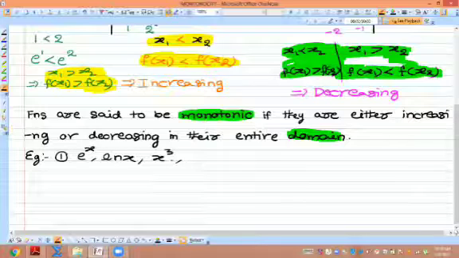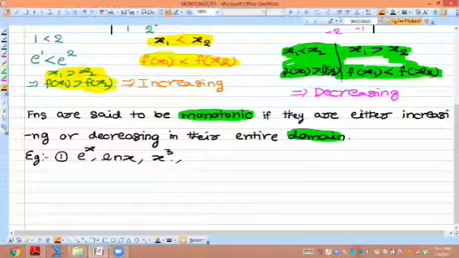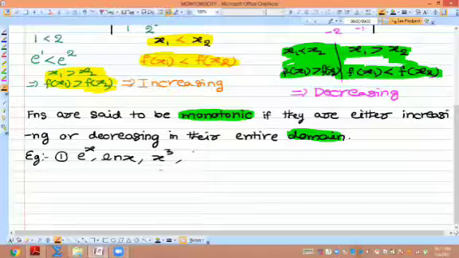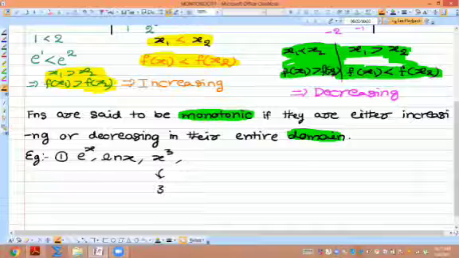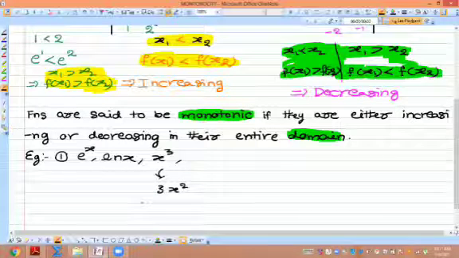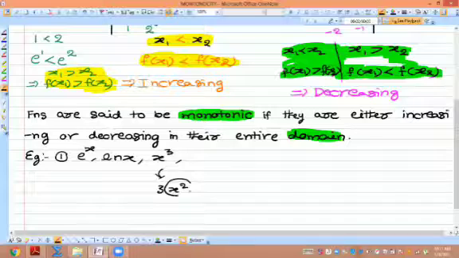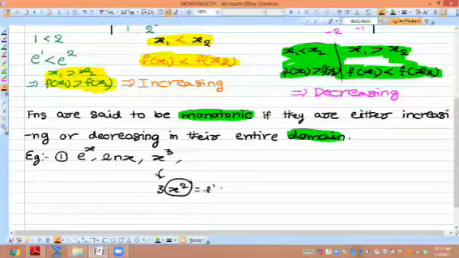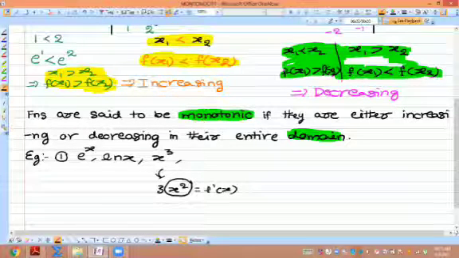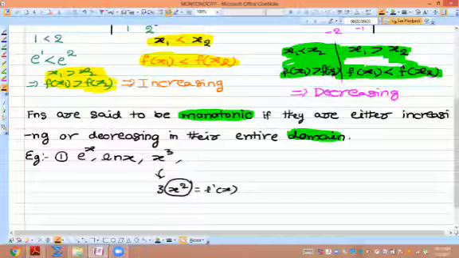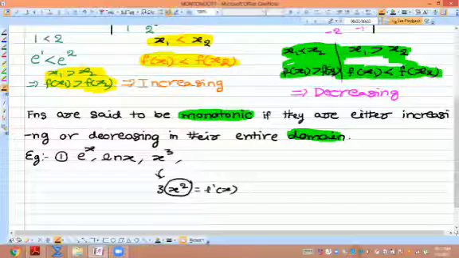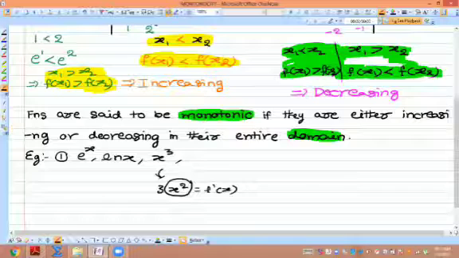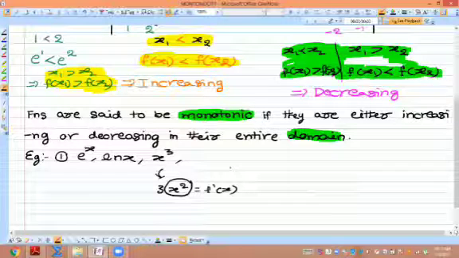Sir, it's not monotonically increasing. Why? There's a curve, like at some point it's decreasing when x is less than 1. No, it's increasing only. What is f dash of x for this? 3x square, and x square is always positive, isn't it? This condition we are already using in some problems. f dash of x greater than 0 means what? Increasing. Okay. So x cube is also increasing.